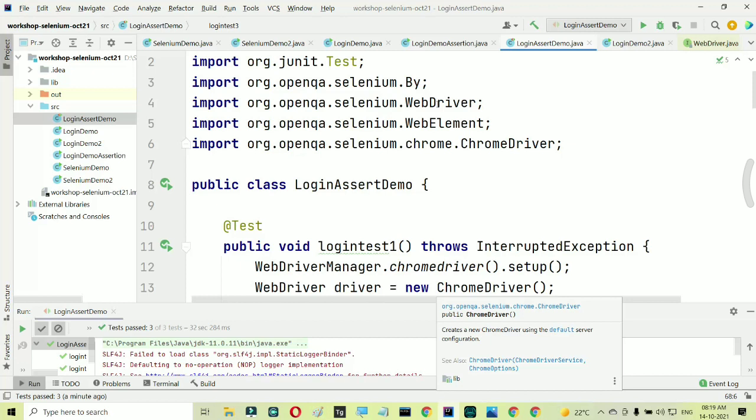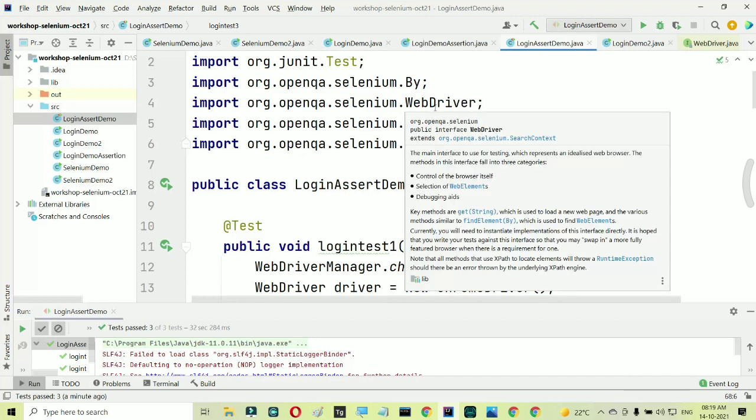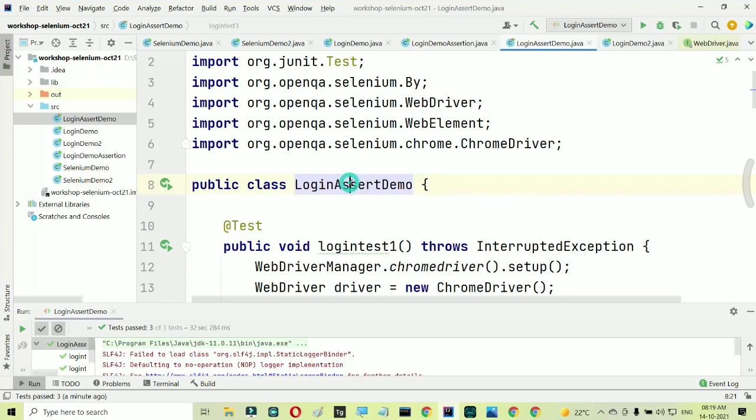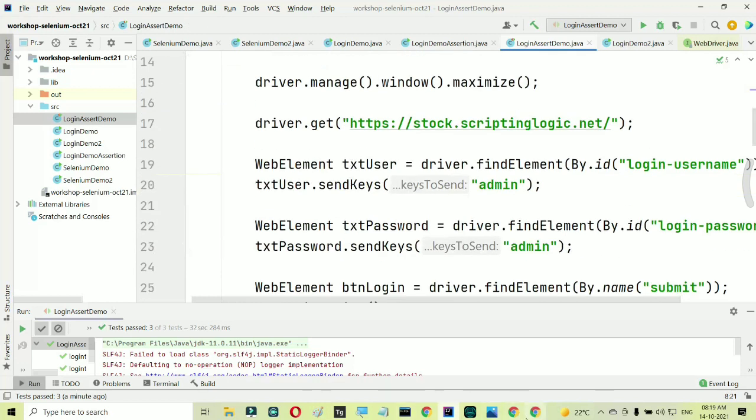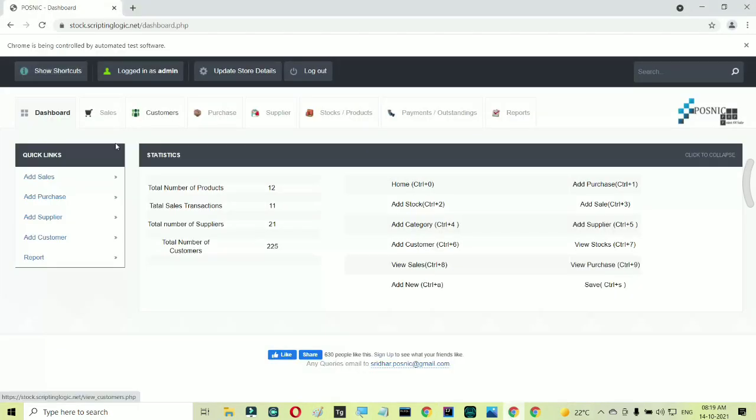Fine. So now our main intention is to learn assert. So the assertion part. Let's say I take the first test case, the valid username and password. I've entered the correct username and correct password, and I reached this dashboard. You're saying that this test is passed. Now on what basis are you saying that this test is passed?